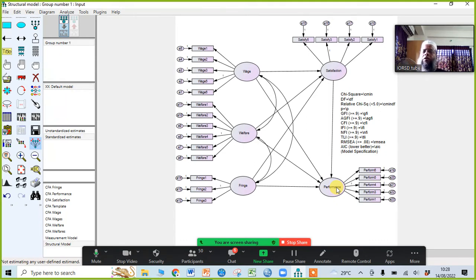Please take this one, click on here, and these residuals will come. If you single click, it is above. If it is in second, then keep it on the right. If you click on it, it will move, just like a child. Keep it on the right side, and do the same for performance as well. Okay.